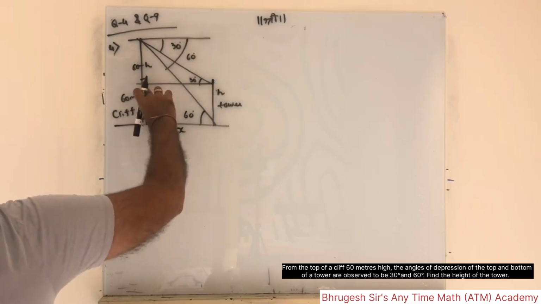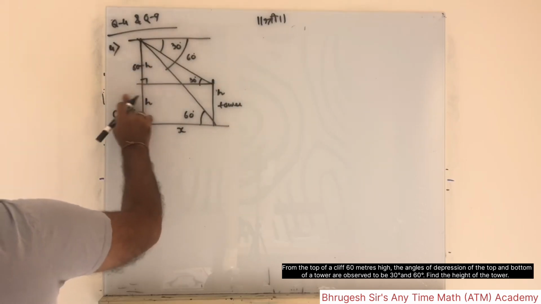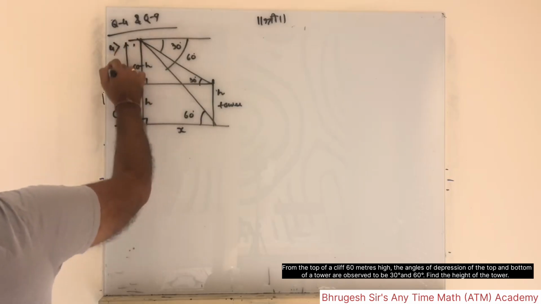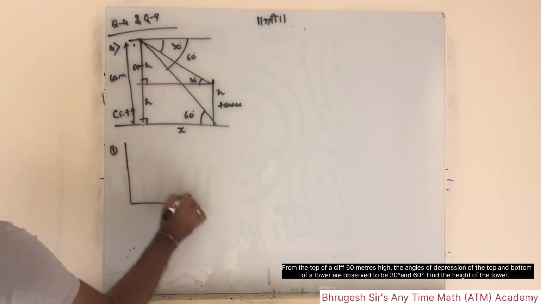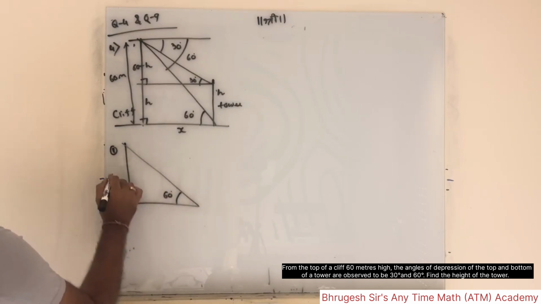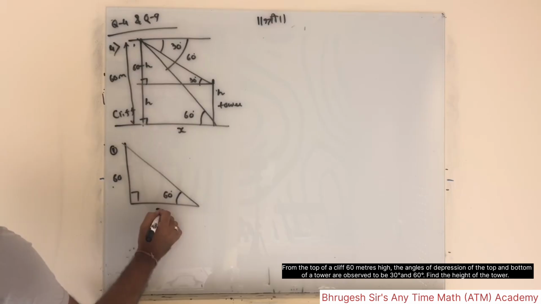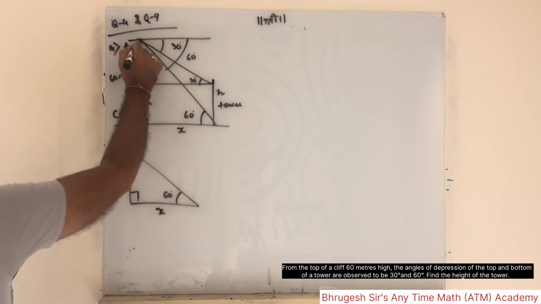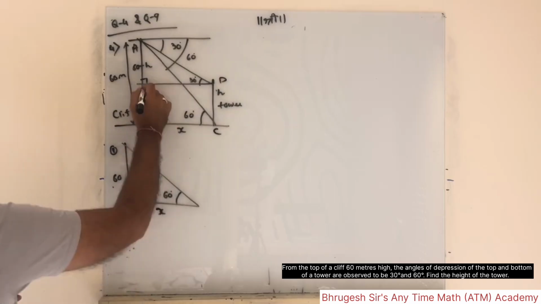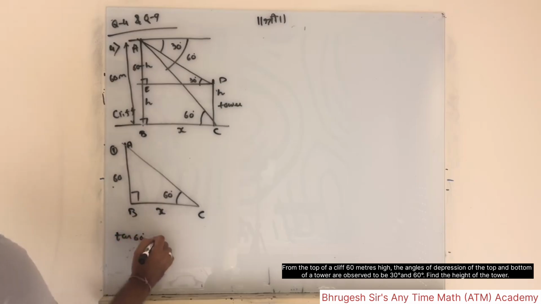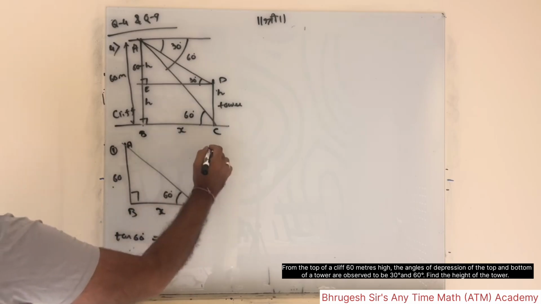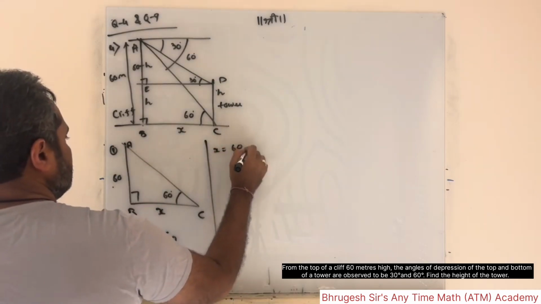बेटा height of the tower is h, तो ये भी h. So ऊपर वाला part will become 60 minus h because पूरा cliff का height was 60 meters बेटा. तो अगर ये वाला पार्ट h है तो रिमेनिंग ऊपर वाला पार्ट 60 माइनस h. ठीक है. तो फर्स्ट एक ट्राइंगल, ये पूरा ट्राइंगल ले लो बेटा. ये 60 डिग्रीज है, ये पूरा 60 मीटर्स है और ये x है. लेट अस नेम इट a b c d e. ठीक है. सो पहले tan ऑफ 60 डिग्रीज इज 60 अपॉन x बेटा. root 3 is equal to 60 upon x. So x is 60 upon root 3 beta.